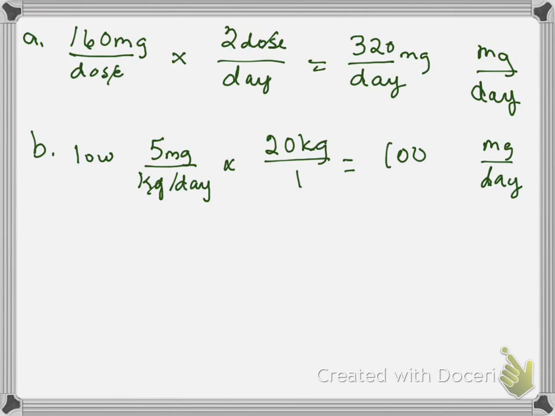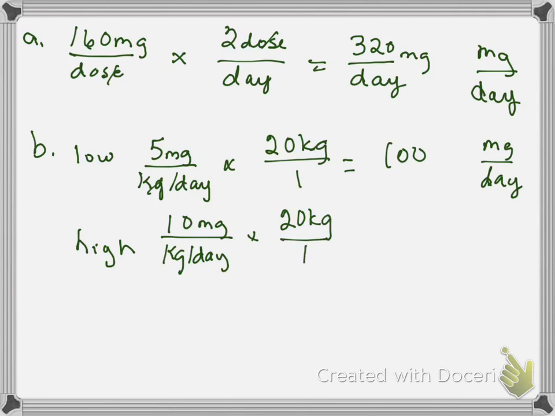My doctor's order is more than that. So now let's look at the high range. And so for the high range, it's 10 milligrams per kilogram per day. So I'm going to go 10 milligrams per kilogram per day times the 20 kilograms over 1. And that's going to equal, should be 200. 10 times 20. So 200